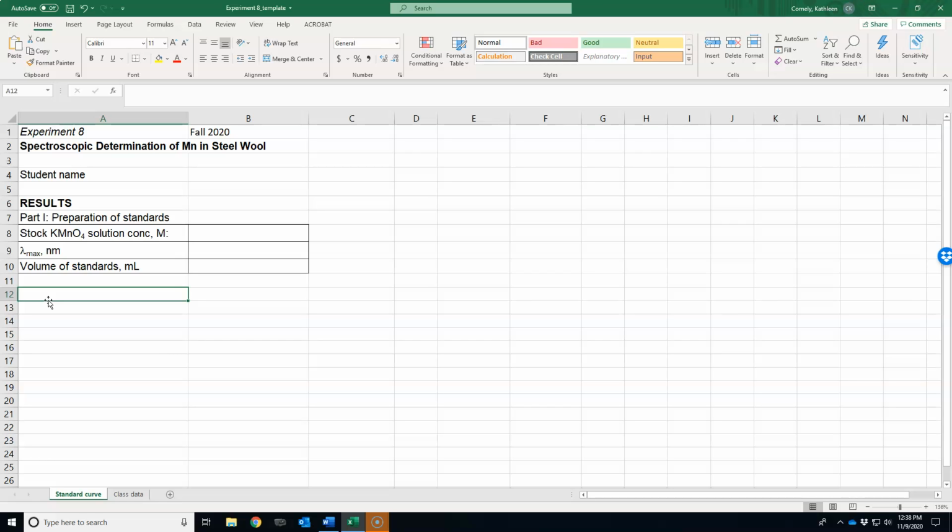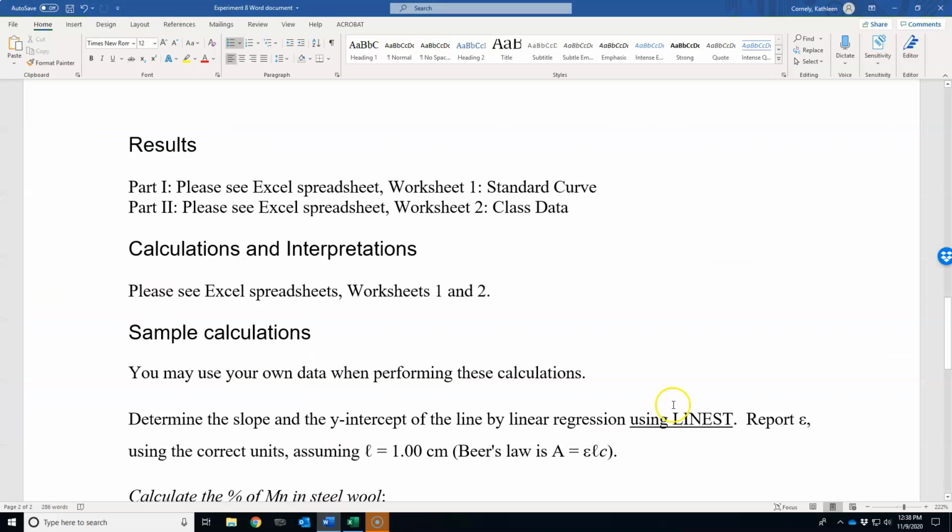And finally, you should have a beautiful standard curve underneath where you have constructed the graph using all of the best practices that we have been talking about since we had our Excel workshop a few weeks ago. All right, so let's go back to my Word document. Okay, so this is parts 1 and 2. So you can just say on your Word document, please see Excel spreadsheet, worksheet 1, standard curve. And then part 2, please see Excel spreadsheet,